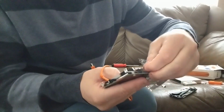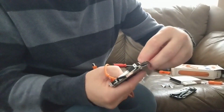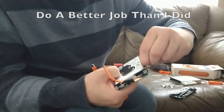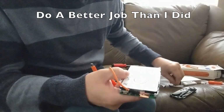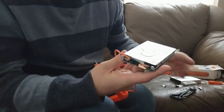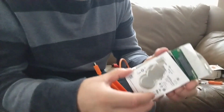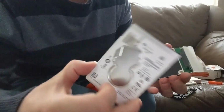Alright, I'm back. It took me a little longer than I expected it to. Also try to do this as clean as possible. I'm not doing a very good job at it. You do want to replace this later. But once you have everything off, you can basically easily slide the drive right off the mount, and it should pop right out. And then once that's off, we are now ready to go ahead and add the SSD